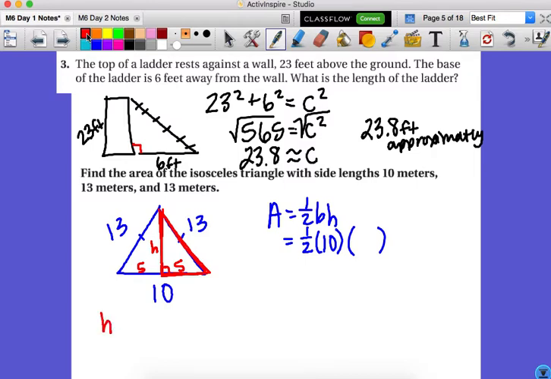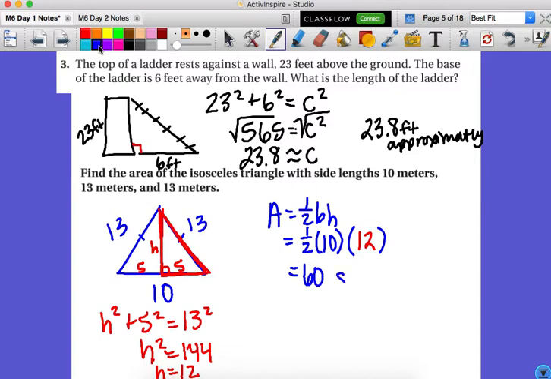So I can set up a squared plus b squared equals c squared. 13 squared is going to give me 169. 5 squared is going to give me 25. So if I subtract that, h squared equals 144. The square root of 144 is 12. So my height is 12 meters. Then at that point, half of 10 times 12 is going to give me 60 square meters for the area